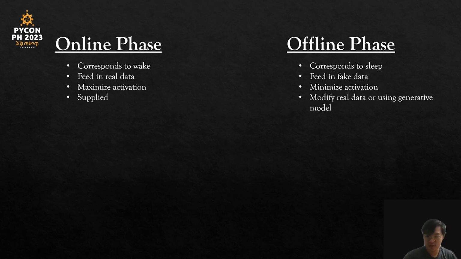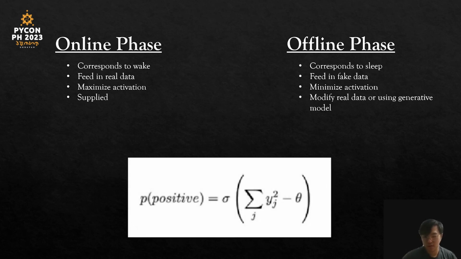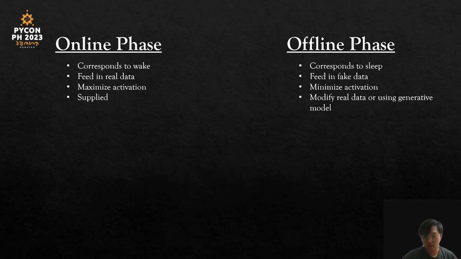So, offline phase and online phase. For the online phase, basically we feed in, as I've said just now, real data, or rather positive data. I think those two terms are interchangeable. So let's just call it positive data. We feed positive data into the model from a data set, or from any external sources, and for each